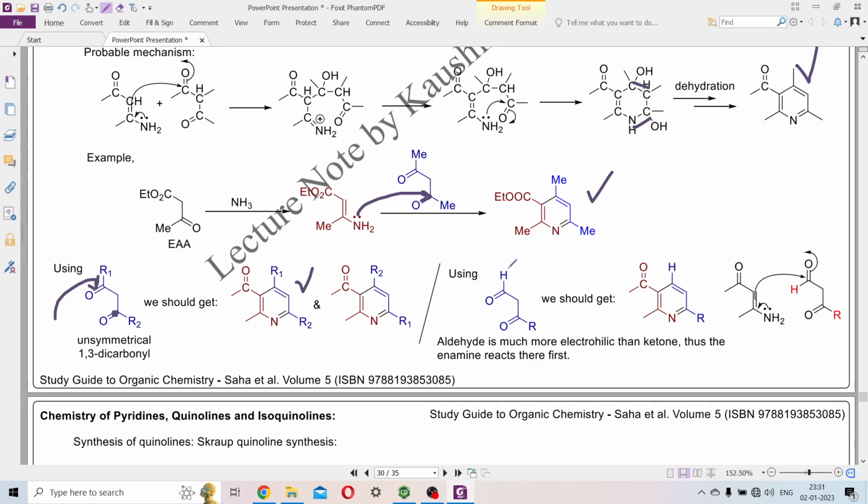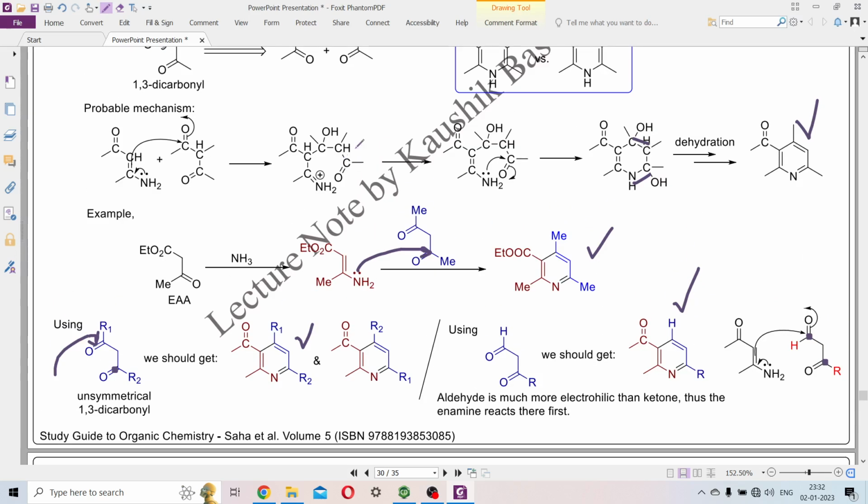When we are using this particular compound, it is always this compound which is being formed. So that's basically the 1,4 addition being promoted, the 1,2 addition being promoted at the aldehyde carbon instead of the ketone. So in that case, you will have the hydrogen installed at C4 and the R installed at C2,